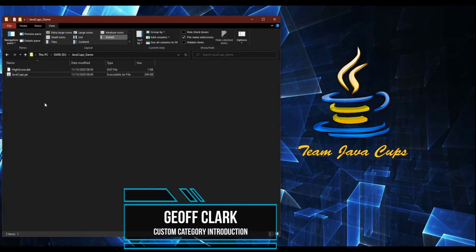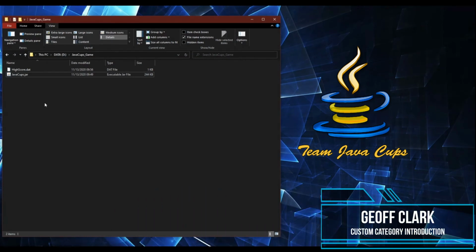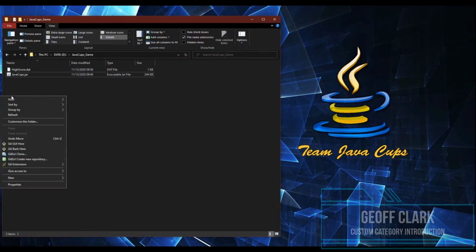A really cool idea that I came up with really late in the game was the idea of custom categories. I wanted a way that the users could have their own experience with this game, not just using the pre-made quotes that we put into the game. Really late, like last minute, I came up with this idea and developed the code. So Brian's going to walk us through some of the features and then we're going to demo it.